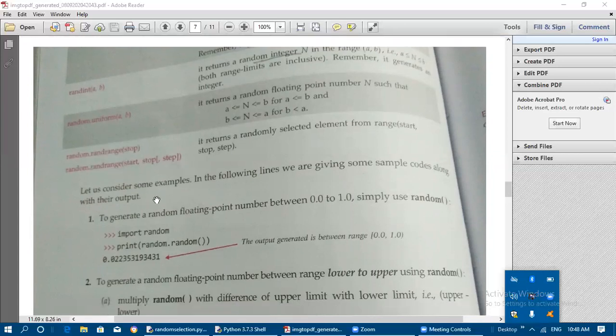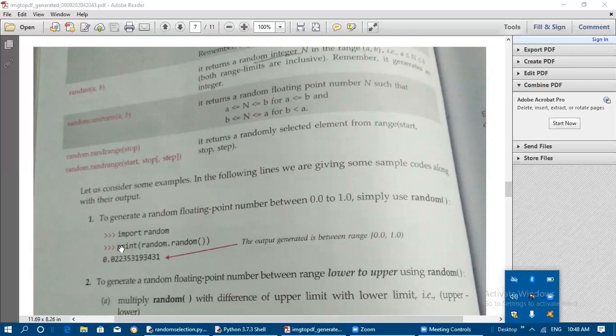So let us consider some examples. In the following lines we are giving some sample codes along with their output. To generate a random floating point number between 0.0 and 1.0, we need to simply use the random function alone. So here no need to mention any values. We need not pass any arguments inside this parenthesis. Before that we need to import the module random, then only we can call the function random from that module.